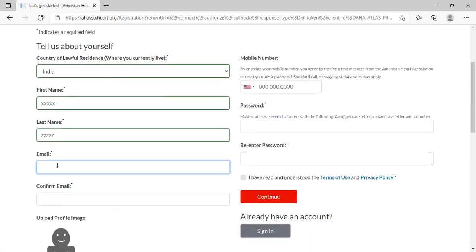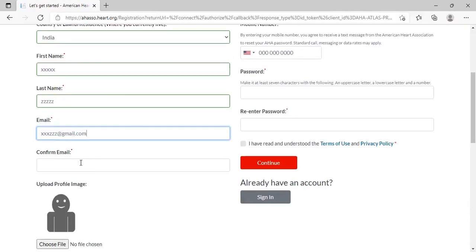There will be a mail ID we are creating here. Those who are using Gmail can use Gmail. Any email ID you can use as per your choice.